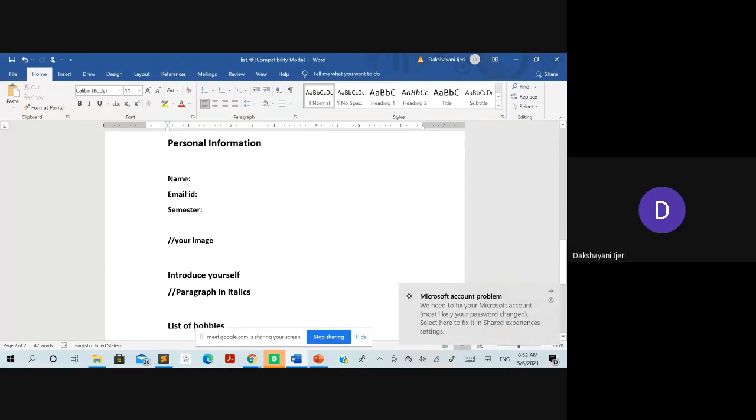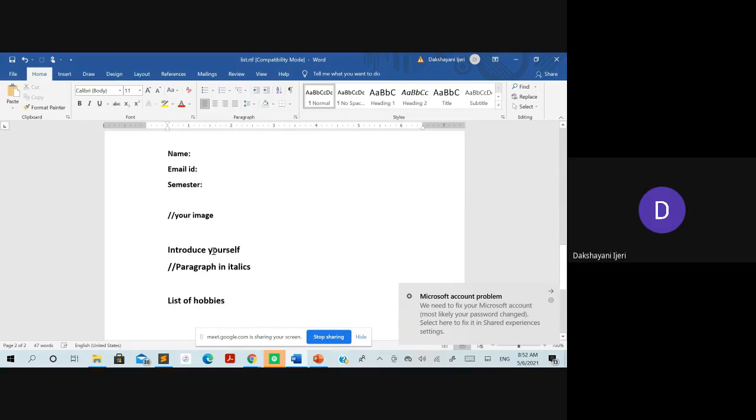Name should have the label as name followed by your name, email ID followed by your email ID, semester followed by your semester, and after filling all these three items, you have to put your image in that HTML page, and then take the heading as introduce yourself as a heading itself.